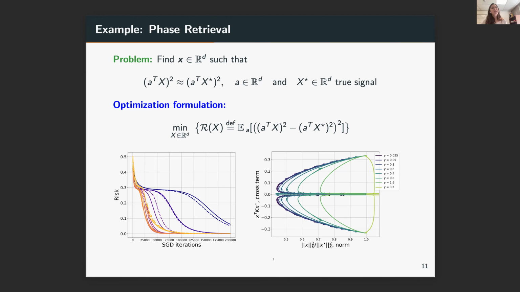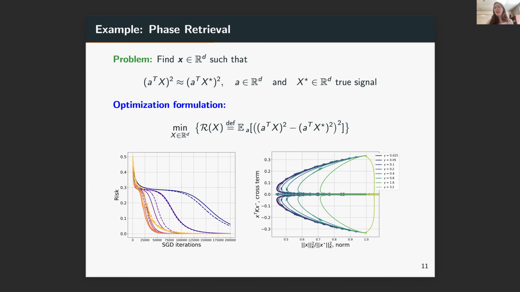So that's what's happening on the left, it's the risk. But you also get a little bit more. Just so you know, if you start with a random initialization, then the cross term between your true signal and your random initialization X0 is basically 0 in high dimension. So you always tend to start along this line in this right picture at 0. This is the norm and the cross term. And you can see the evolution of how the norm and the cross term X transpose K X star are evolving